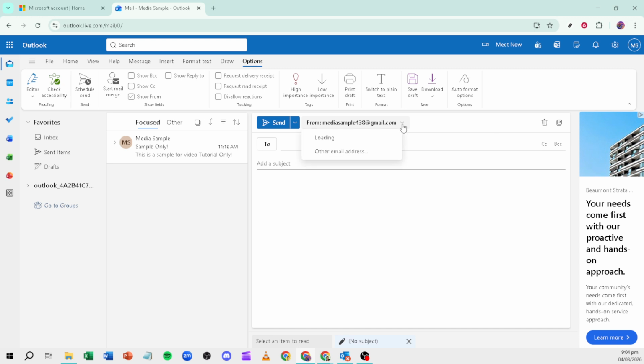These could include your primary account, any connected accounts, and shared or delegated mailboxes you've been granted access to. Choose the account you want to send from. Outlook will set that address on this message, and you can proceed to add recipients, a subject, and your content